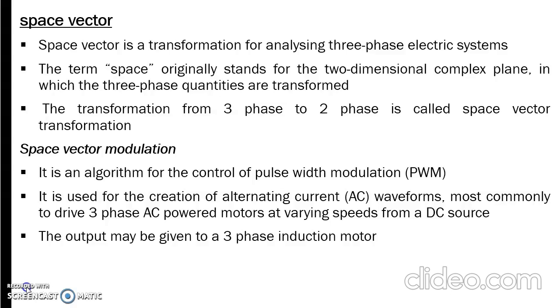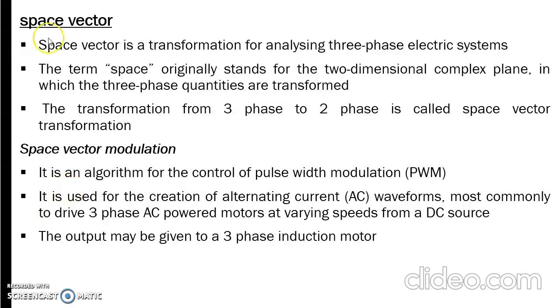as space vector modulation. Pulse width modulation, PWM, in general produces the desired three-phase AC voltage. And you can use the space vector transformation concept in this PWM modulation to accurately generate the three-phase AC voltages with respect to the requirement. Then it is known as space vector modulation.